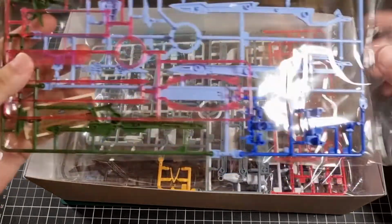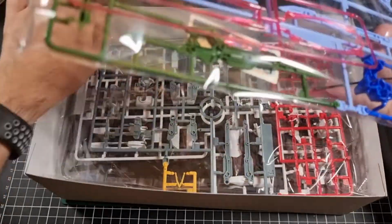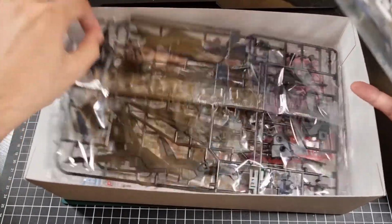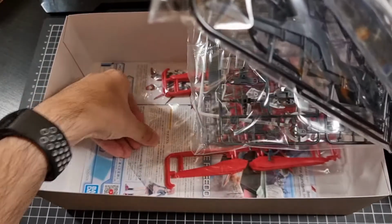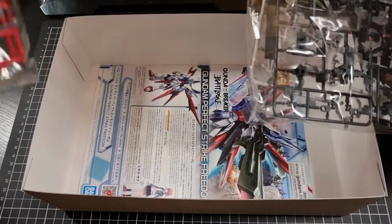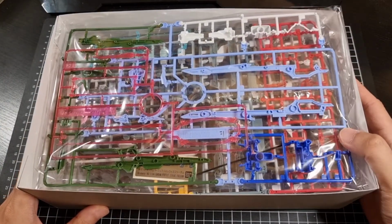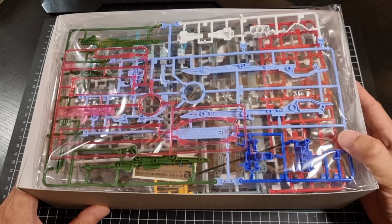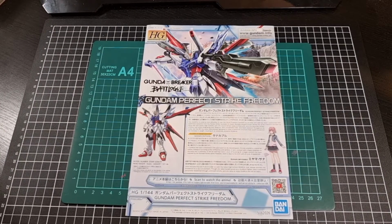Inside the box, I'm guessing we'll have probably 6 bags of runners. So 1, 2, that's a very nice black, 3, 4. So only 5 bags of runners, and the manual at the bottom. That's not too bad. So I will begin the opening of those bags, and we can have a better look at the manual and the runners. Okay,